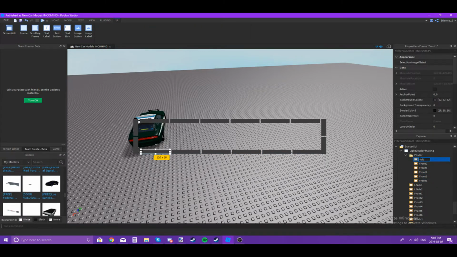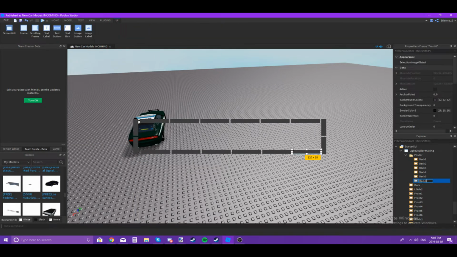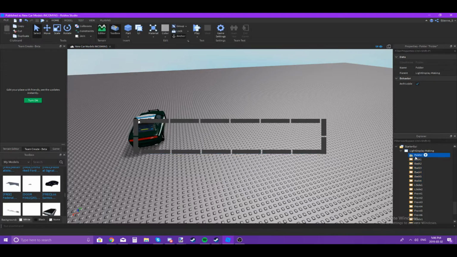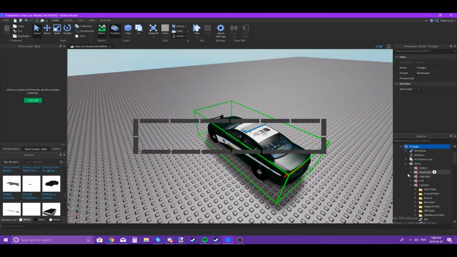So this would be back 1, back 2, back 3, back 5, back 6. Alright, now you can just easily release them right now. Flip. There you go. So now that you have a light bar display over here, I'm just going to take